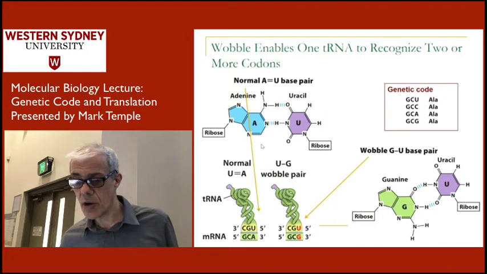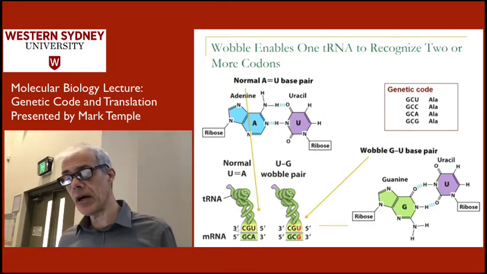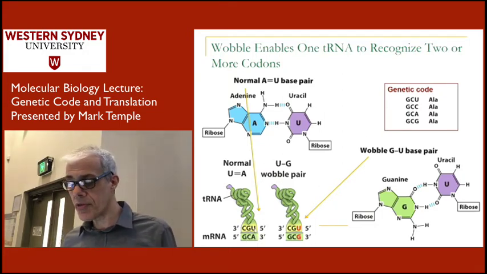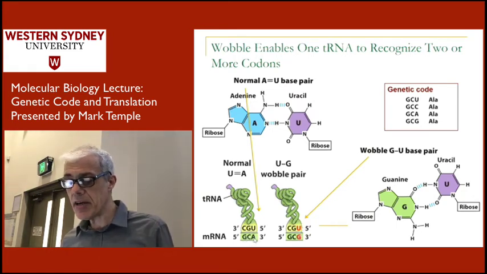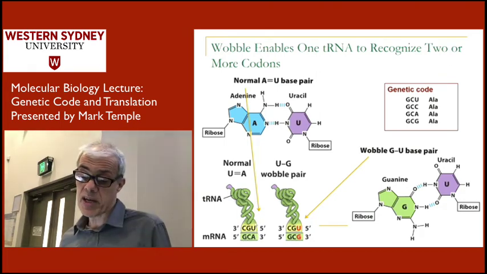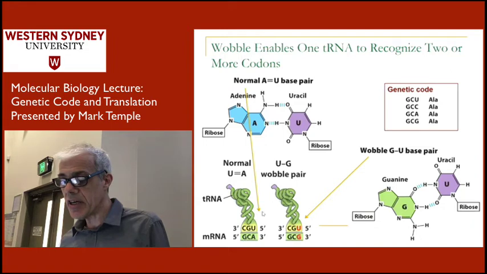So this is just showing, again, this wobble concept in a bit more detail. So at the third base pair here, typically you'd expect an A to base pair with a U, because that's canonical Watson-Crick base pairing. That's what we always see. And then you get the nice, neat base pairing at the position here. In this instance here, we've got the GC, but rather than an A, we've got GCG, but it's still bringing in the same transfer RNA, and there's a bit of,